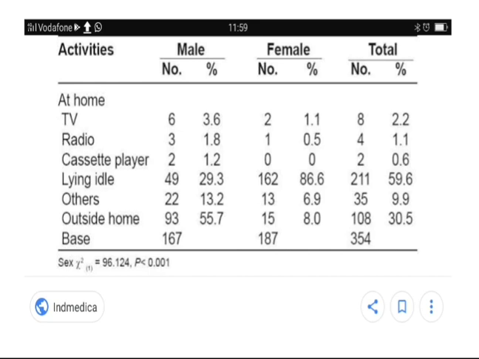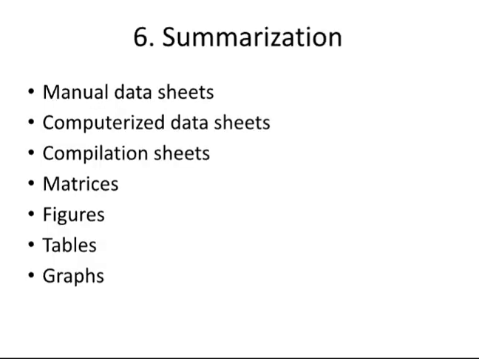This is a multiple response table. Male, female, there are two responses at a time shown here with number and frequency, I mean the frequency and the percentage. So this is called a multiple response table. Other than this, if anything comes, we say it comes under miscellaneous table. So the types of table are the frequency distribution table, which is very common, the contingency table and the multiple response table. So next is summarization.